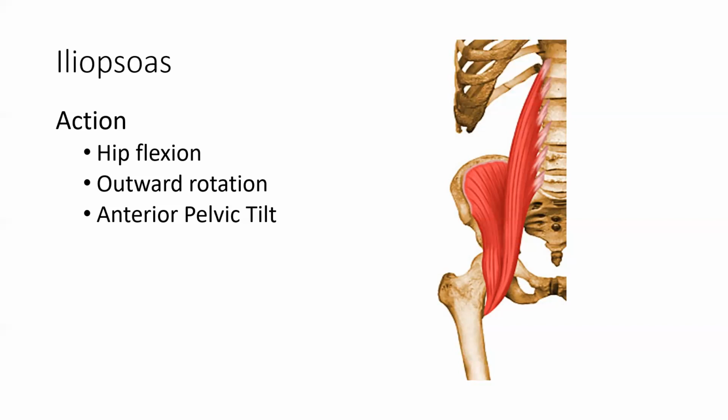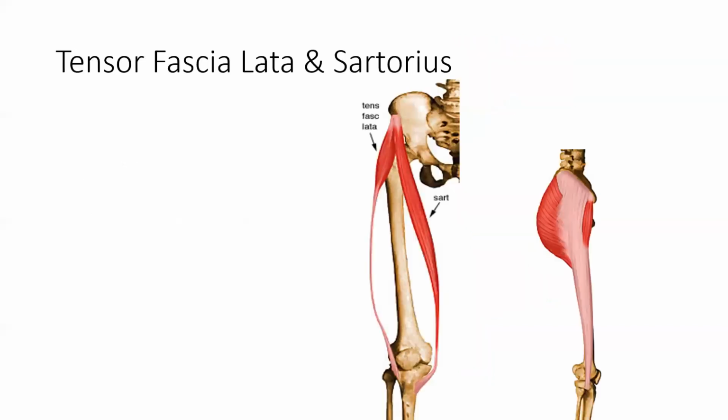So think of them as opposing muscles, agonists, antagonists, except for femoral rotation. Right, let's move into some smaller muscles here. We have TFL and Sartorius. Tensor fascia lata is a small